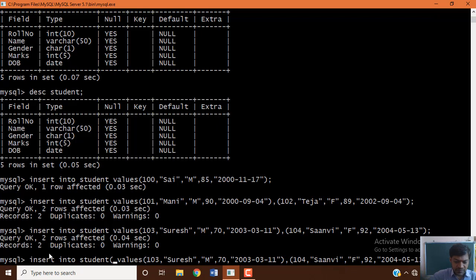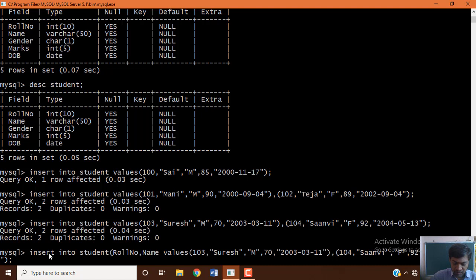Another format: specific fields which you want to enter, roll number, comma, name, comma, gender, comma, marks, comma, date of birth.